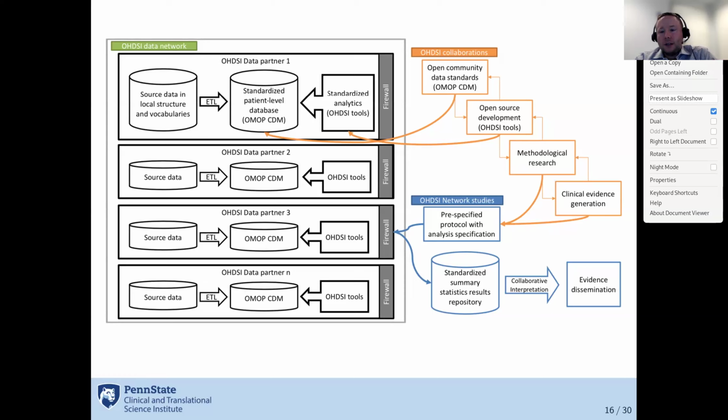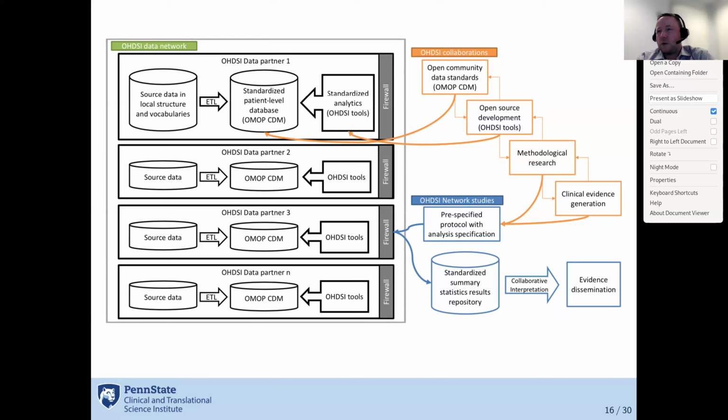So essentially, in this example, I think we're showing one exchange of results. Each site pulls down the analysis protocol, runs it, and shares the results. So this gets around sharing the actual patient data. You're just sharing the results of the analysis protocol. There are efforts underway to perform network studies such that there's more than one share point, or sharing of data, and this allows for the training of models